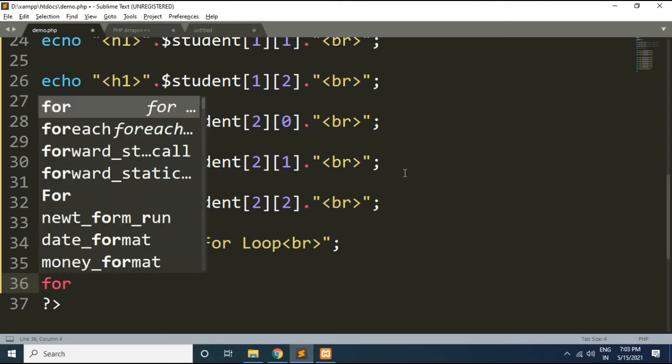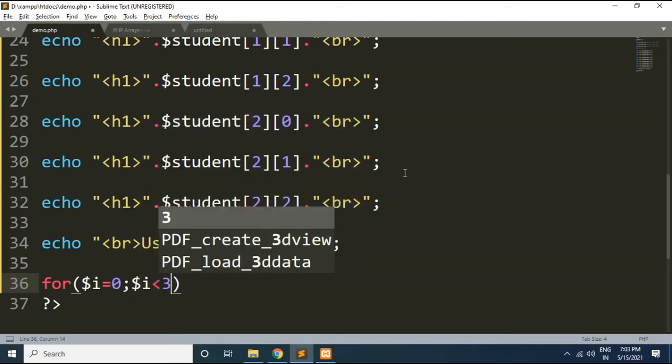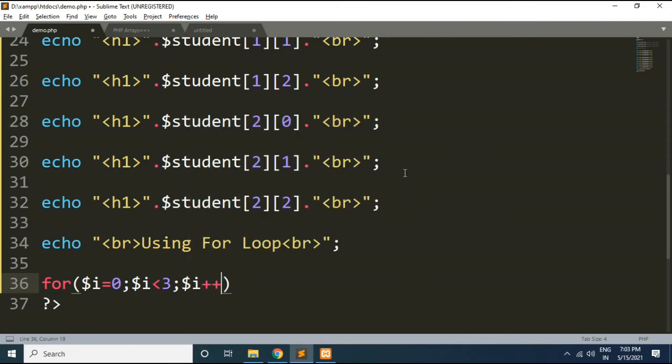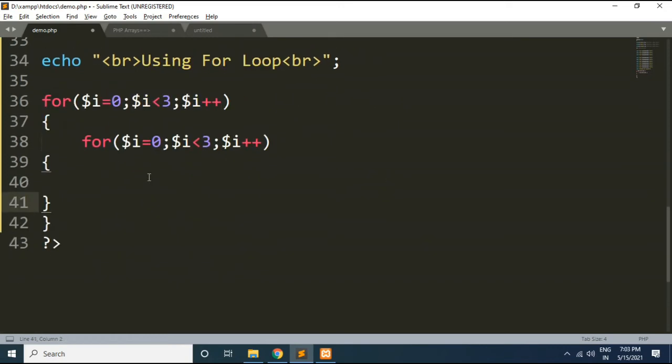So I will create here for, let's say $i is equal to 0, $i less than 3 and $i plus plus. Friends, this is our outer for loop. Okay, so I will copy this for loop and here inside this I will paste it. Now here we will change this variable to j, so this will be used for accessing our sub array elements.